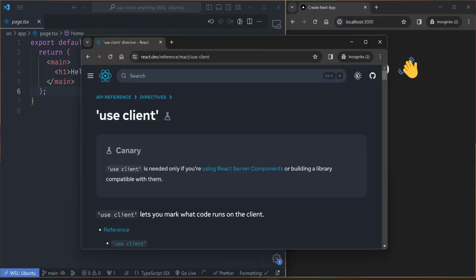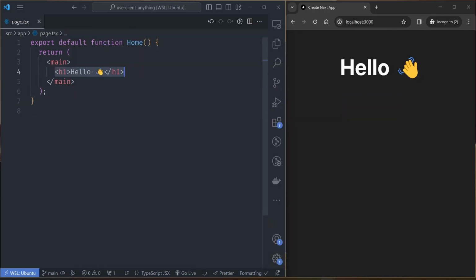Hello guys, so I just want to share something that I learned recently about the use client directive. The use client directive is not only for client components, it's for anything that you want to run on the client. So for example, let's say you want to add a button here that a user can